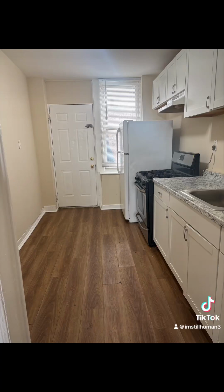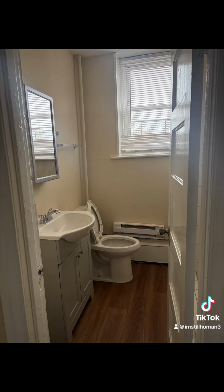Welcome home to this beautifully renovated 4-bedroom apartment located right here in Camden, New Jersey. As we step inside, you notice the spacious living area with fresh flooring, plenty of natural light, perfect for relaxing or entertaining guests. This home features a modern kitchen with updated cabinets, sleek countertops, and full appliances ready for